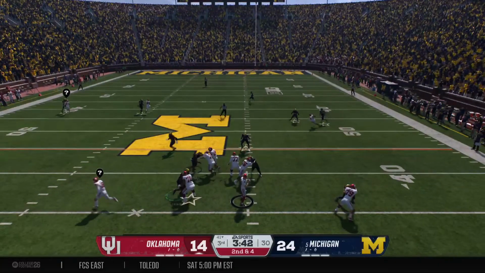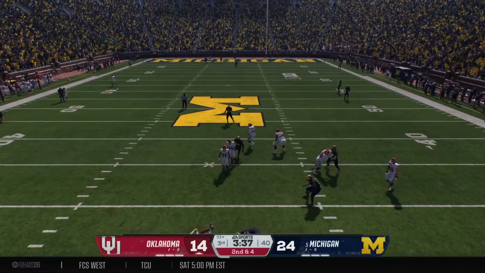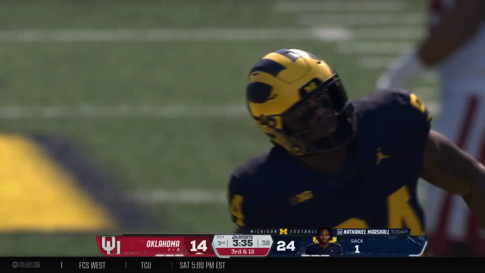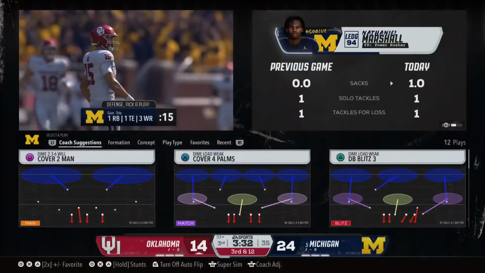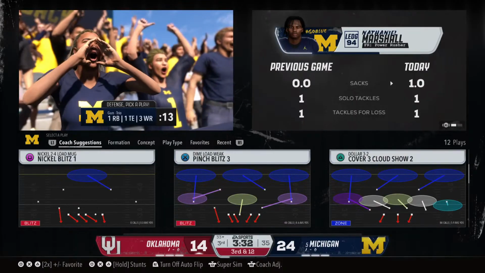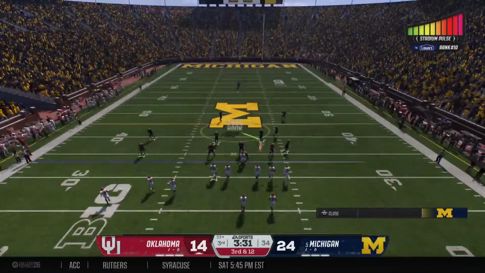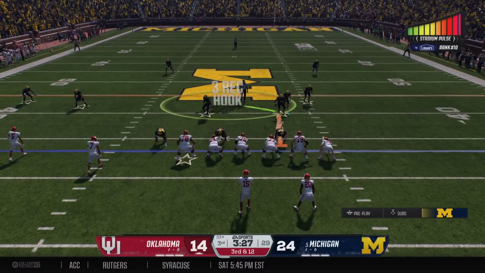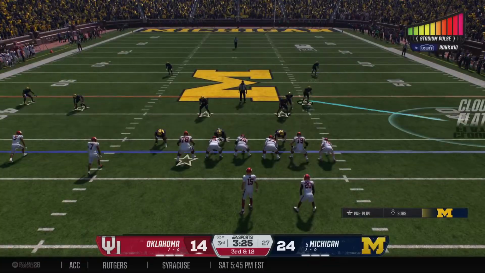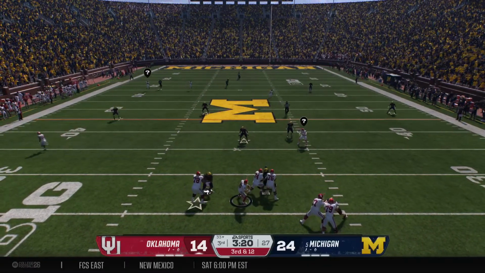Off the play fake. Here comes the heat. QB under pressure and sack. Nate Marshall with the sack. Wolverines bringing the heat on the defensive front as they have so many times through the years. Yeah, and you just think about guys that just look great in their unis. Big, strong, Aidan Hutchinson, Ojabo, a lot of these guys in the recent history, they know how to get after the quarterbacks and make their life miserable.